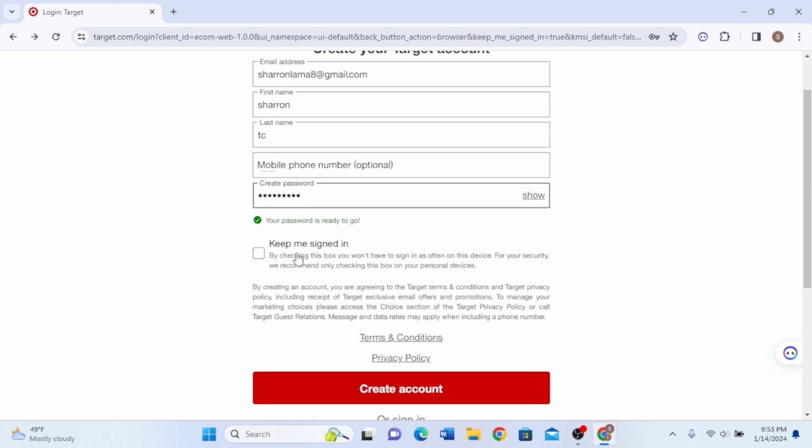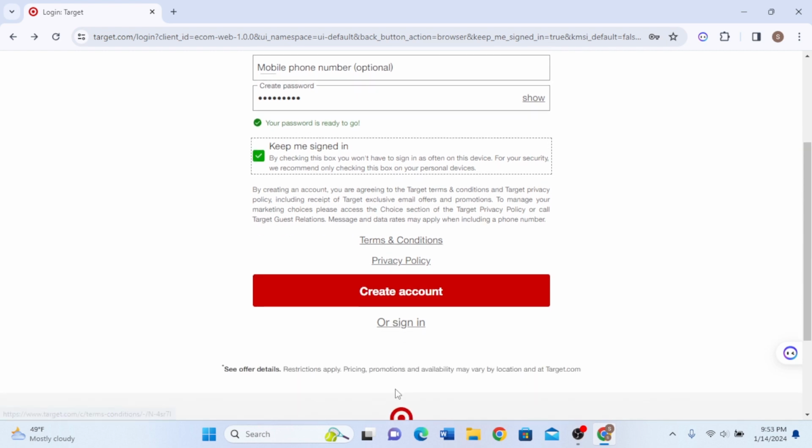and we could see here is a small box that says keep me signed in. So if you want to stay signed into this account, you simply have to click on this box in order to keep you signed in to Target. And after you fill this form, you have to simply click on the create an account over here,